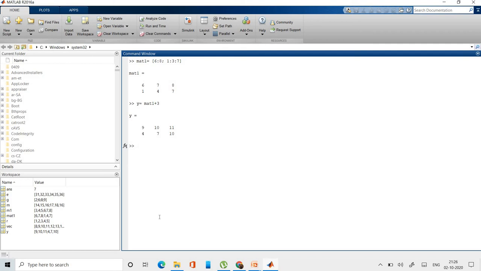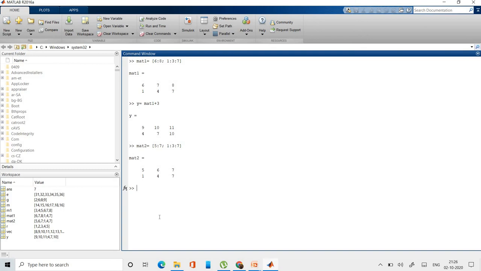If you want to add another matrix to this matrix, so let's create another matrix. Mat 2 is equal to 5:7 semicolon 1:3:7. Okay, so we have this matrix.